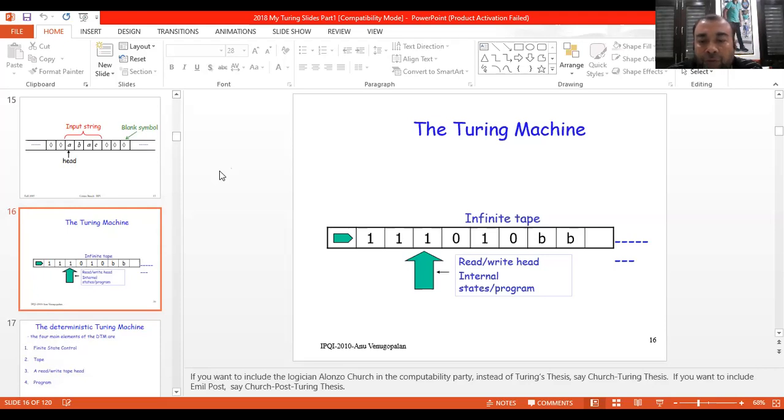Now it plays the role of the read and write head, and there will be an internal state program that is known as the machine. After reading the symbol, on the basis of the current cell on which the pointer is pointing and the current state of the machine, we will try to change our state, and we may change the symbol we have read from the input tape, and we may switch either towards the left hand side or towards the right hand side. Okay.